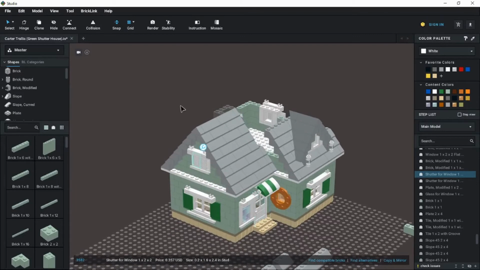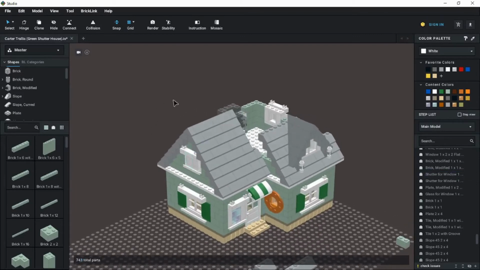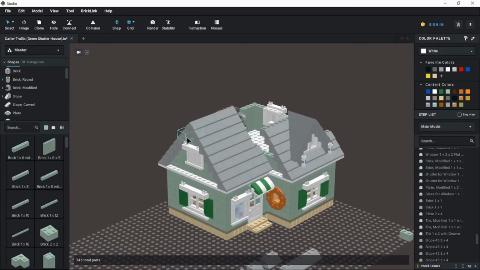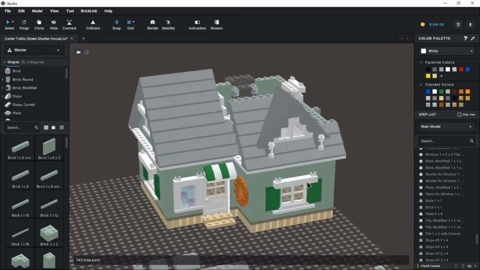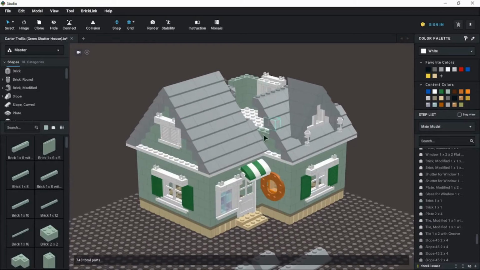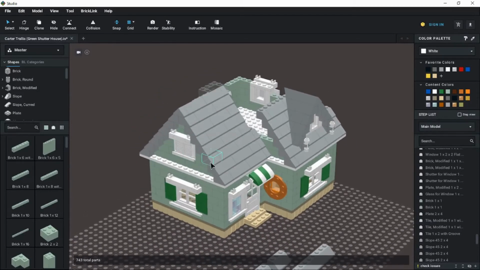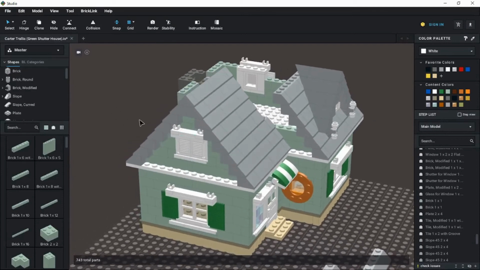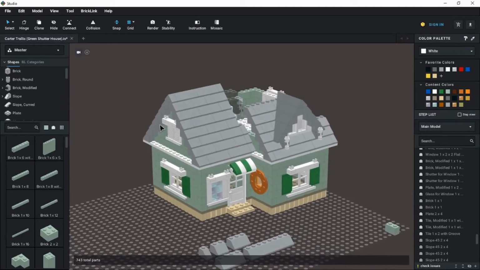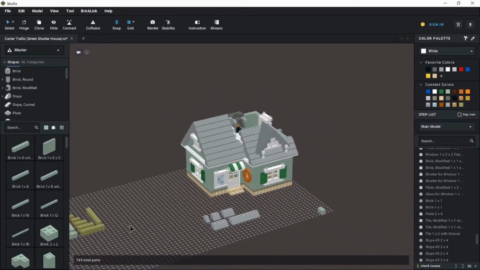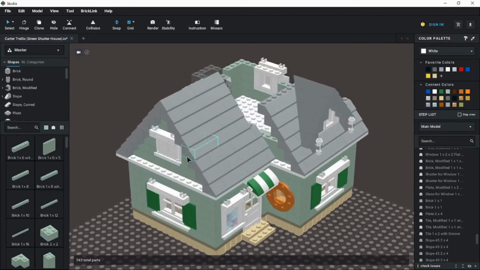But to have something going up and in development, I decided to just go ahead and start building this in Studio, get a feel for how big it was going to be, and then I can have a complete model and know which pieces I would need to buy all at the same time and just make a few Bricklink orders instead of trying to fill that piece by piece at a time. Alright, so that is looking at the prices with the bricks, like I said, and a little background on this